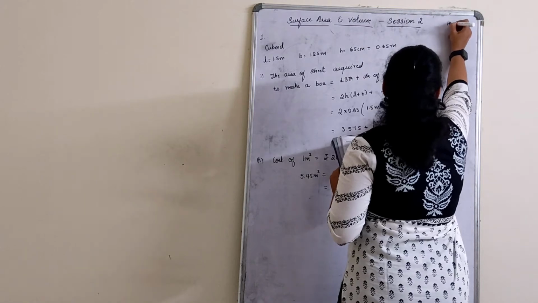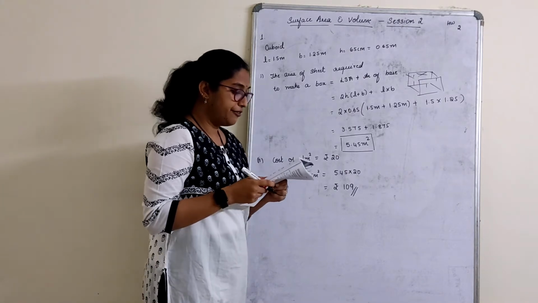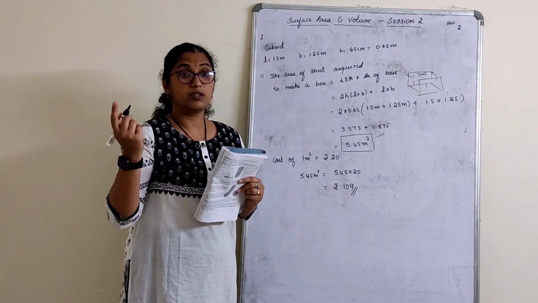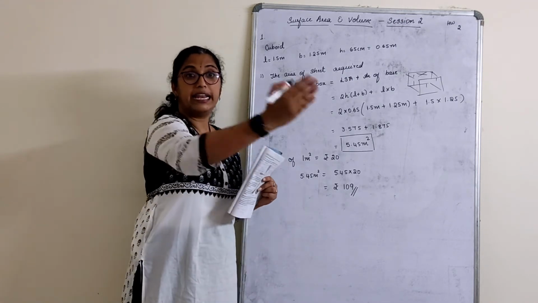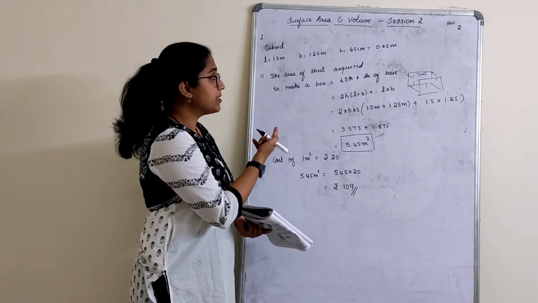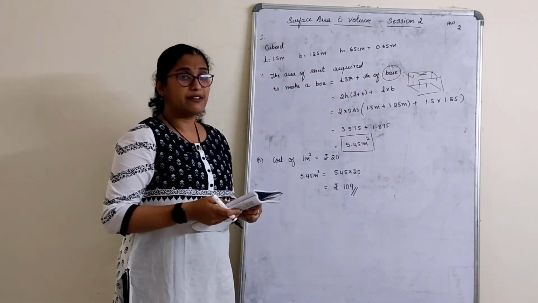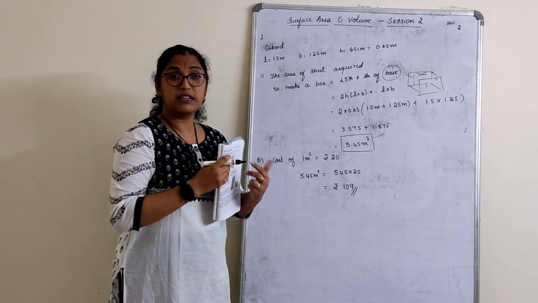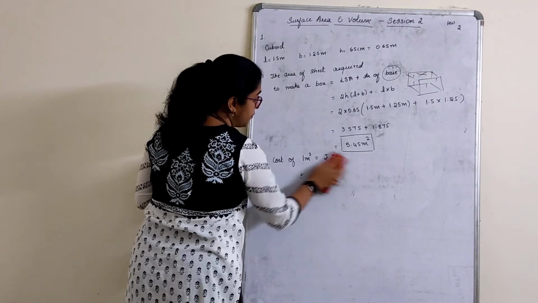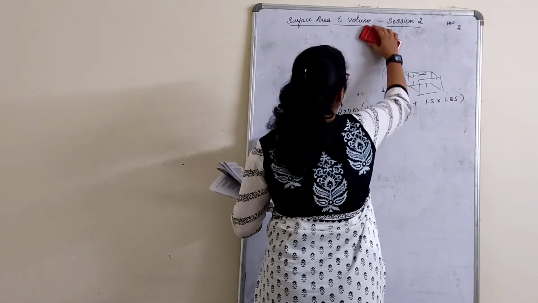Second one I am marking for homework. It is very simple. Only this one sum I am marking as of now. See, the length, breadth and height of a room is given. Find the cost of whitewashing the wall and the ceiling. So what is the total area? LSA plus area of ceiling. What is ceiling? Length into breadth. Same it is, but don't write area of base. Instead of base, write ceiling. Apply the same formula. Find the cost. It is given as 7.50 per meter square. Substitute and get it. Second one is for homework. Quickly, we can move to the third one.